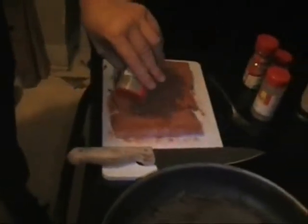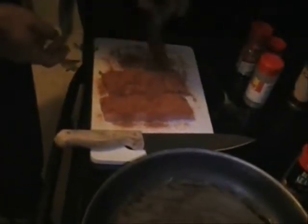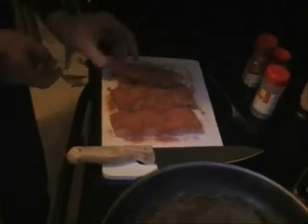Okay, now you're going to cover up your fish with blackened seasoning until it's all kind of nice and covered. And don't be afraid to touch your fish. Just kind of give it a shake. Give it a shake there, because I don't have my tongs, so I'm going to have to do the next best thing. And do this as delicately as possible, with dainty fingers. Okay, now once you got those covered up really good with blackened seasoning, now you're ready to dress your skillet